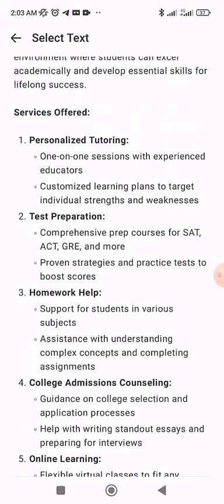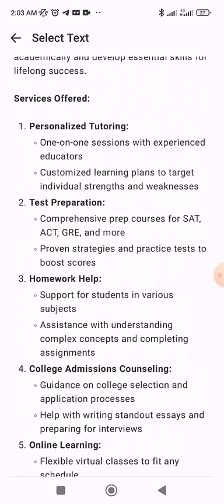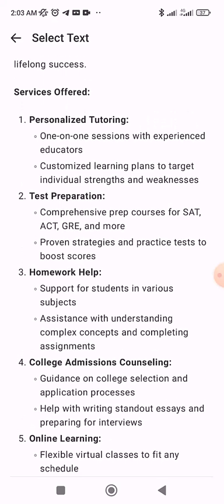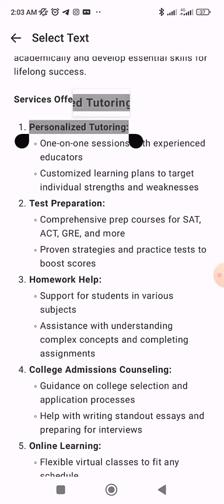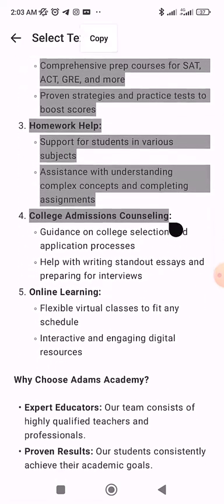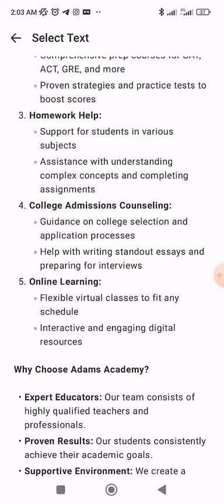So from this list of services offered, I'm just going to pick only the subheading of each one. So I'm not going to pick all this body text that they have, just the subheading, like personalized tutoring, test preparation, homework, all these things. Those are exactly what I'm going to be picking. I think it's really going to be stressful trying to copy these things one by one. So I'll just copy everything and delete what I don't want. So I'm going to copy this,